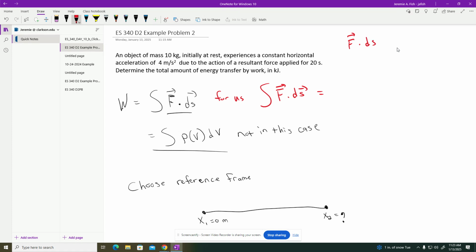F dot ds is going to be equal to the magnitude of the force, F, times the magnitude of the little element of displacement, times the cosine of the angle between the two of them. But in this case, because we have a constant horizontal acceleration,